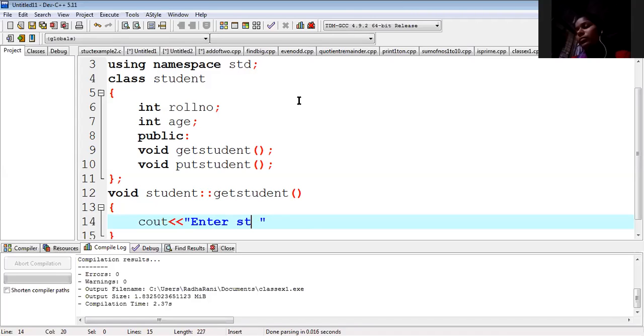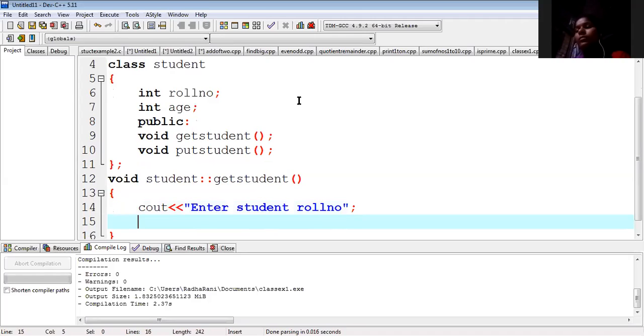Cout is like print, and cin is like read; these are called input output statements. Enter student roll number means we are going to read the roll number. So we write cin roll number.